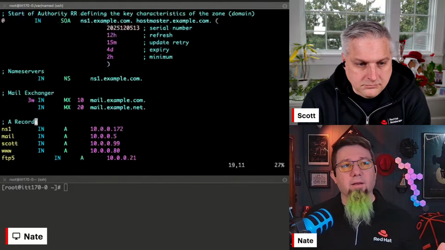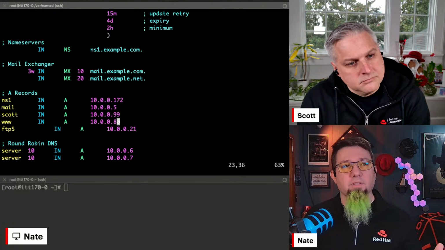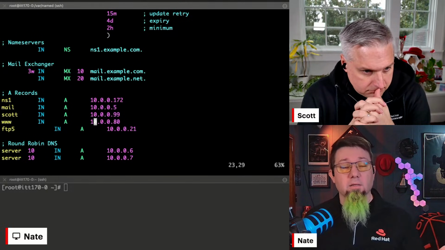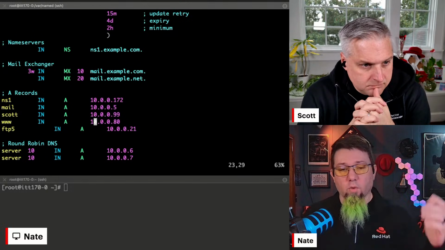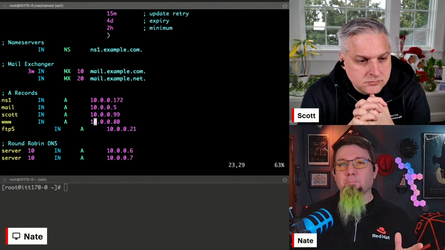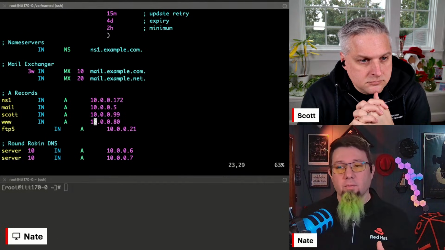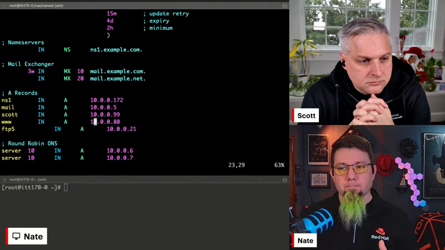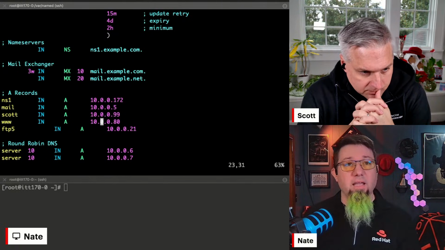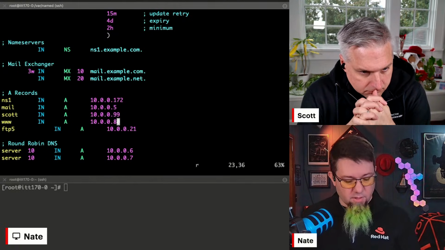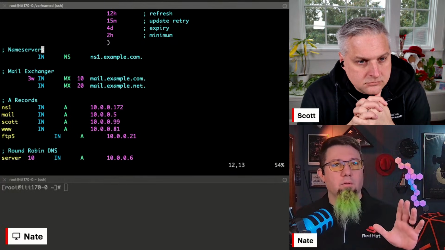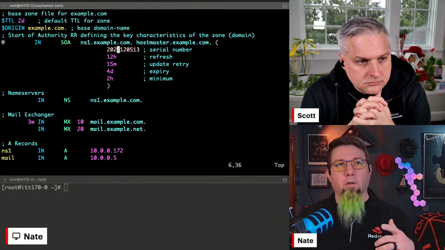And you can see down in here, I have a line that says www resolves to 10.0.0.80. Of course, I picked 80 because that's the port that web runs on, but that has nothing to do with the IP address. So in here, if I were to change this 10.0.0.80 to 10.0.0.81, right? Now, there's some nuance here when you're editing a zone file.